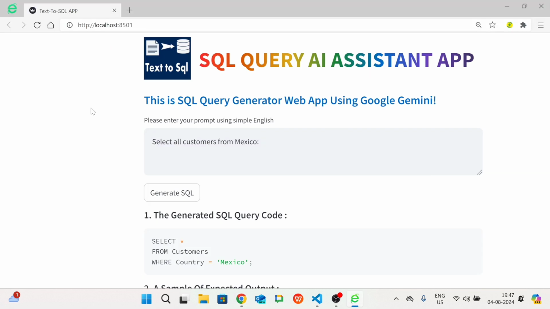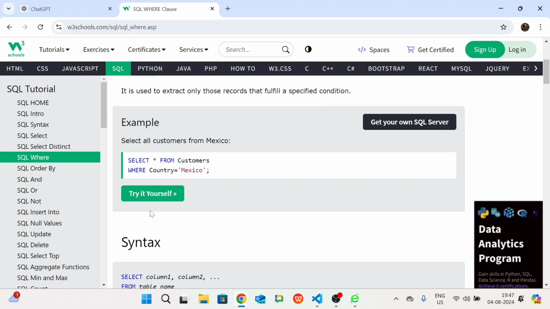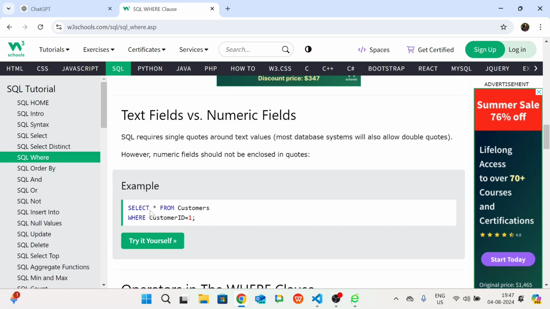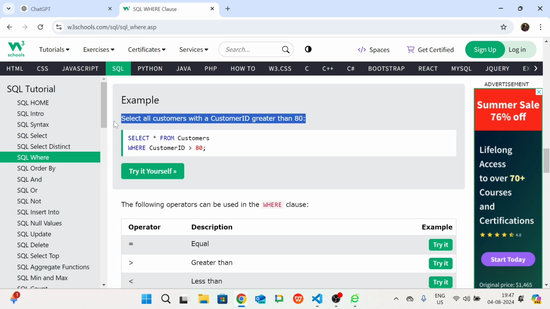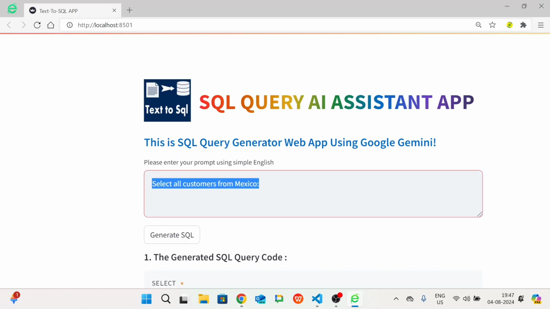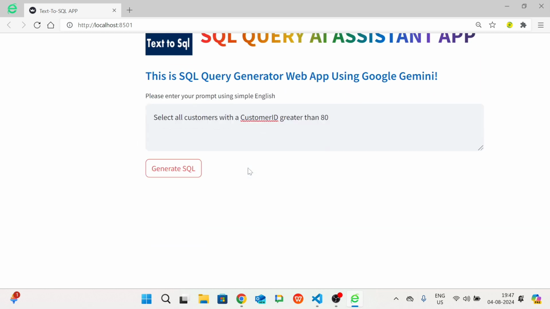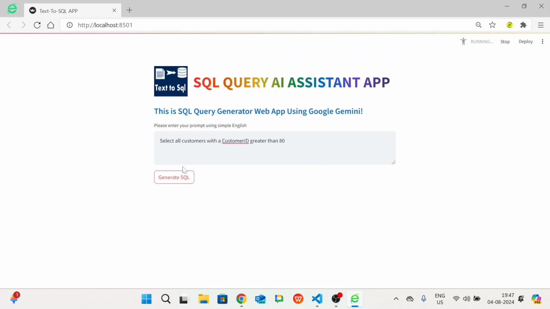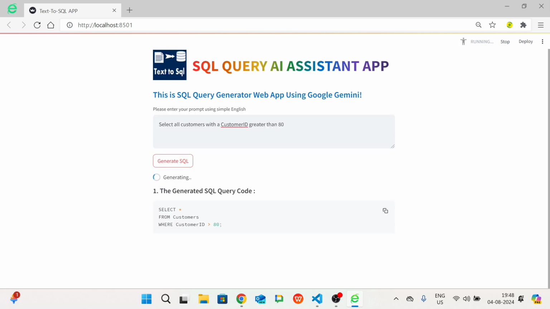Spinner means where is application? Oh, this is application. So let me take some another query from the SQL here again. Any another query. So let me copy this. Came to our app. You can provide any English statement, normal statement as well. Okay, any simple line as well. So you can see spinner. What is the spinner? So this is a spinner generating. Okay, our spinner will be going to start, and we'll be getting the output.